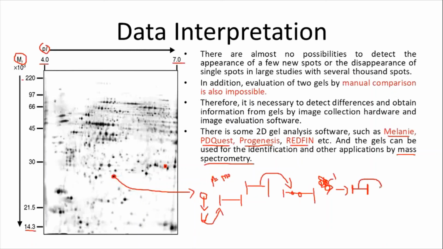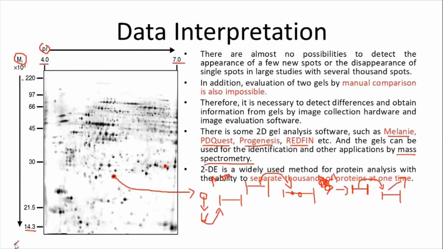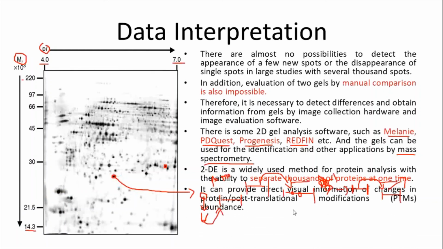This mRNA may be used for synthesis of complementary cDNA for some cloning purpose, and we also identify whatever the proteins are. This is called the proteomics profile of the given sample. So we separate 1,000 proteins at one time. Please keep in mind, this is the only technique with the ability to separate them. We can easily visualize the post-translational modifications of the proteins.